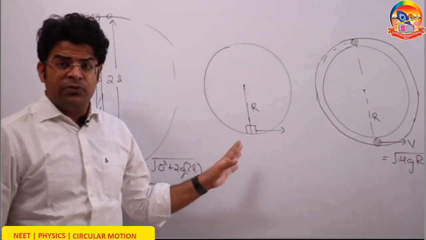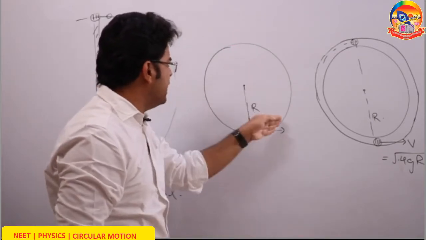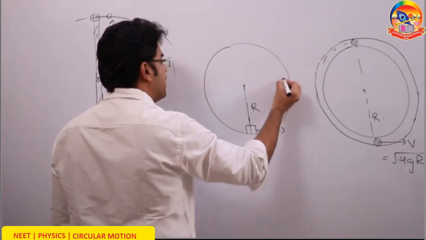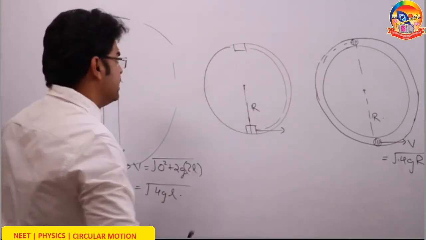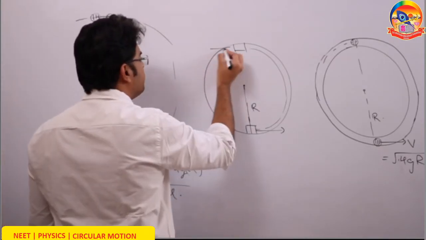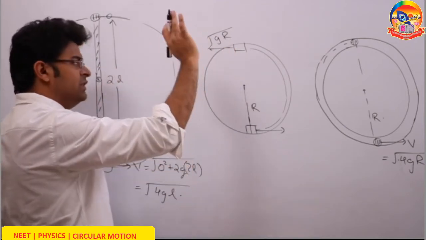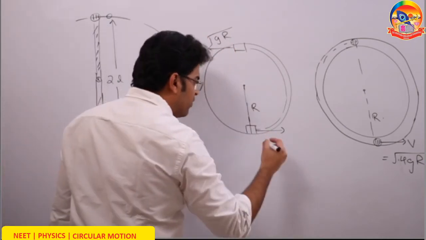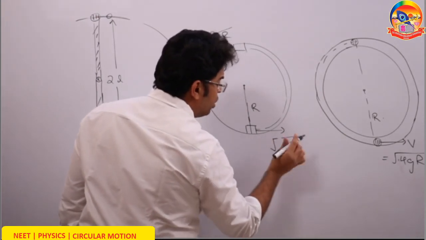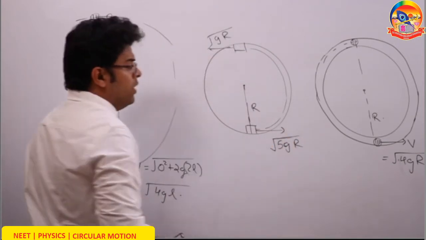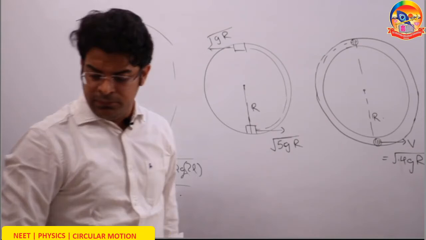And in this case, where you have a ring and there is nothing on the inner side to support, if the velocity at the highest point becomes 0, what will happen? It will fall down straight. So here the speed at the highest point can't be 0. The minimum speed required at the highest point is root gr. If it is more than this, it's okay. And the minimum speed required at the lowest point is root 5gr. The minimum speed has to be this much or more than this. So this is the case same as string. This is the case same as rod.